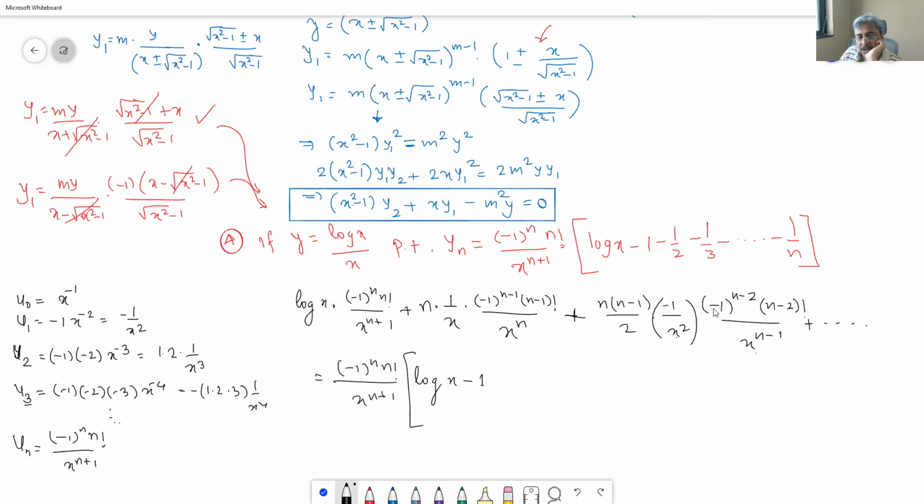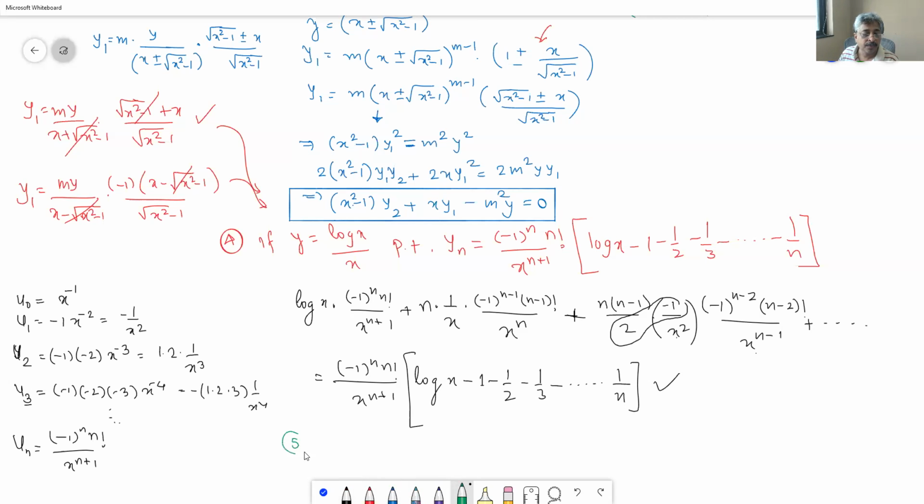Now this minus 1 will also match, and you will get this minus 1. The plus term will be minus 1, which is equal to RHS. Good. Next,